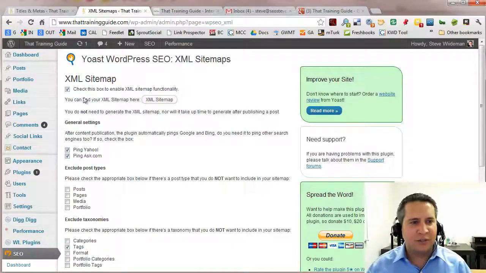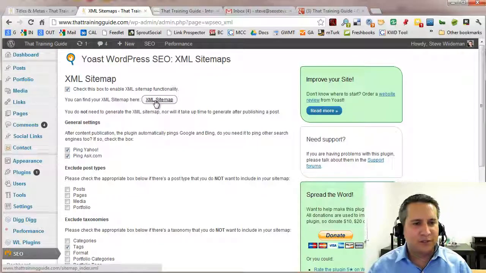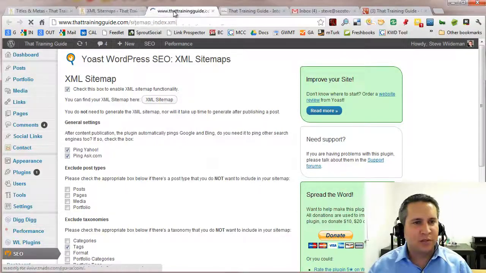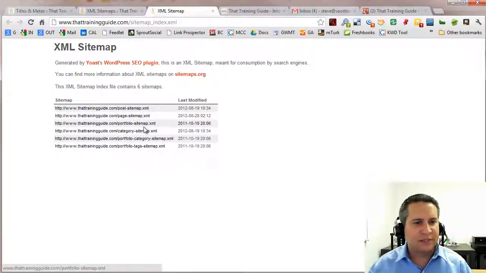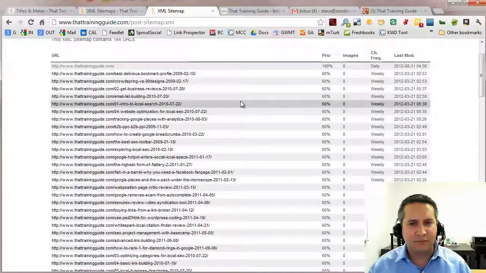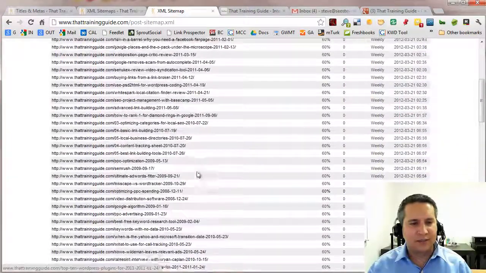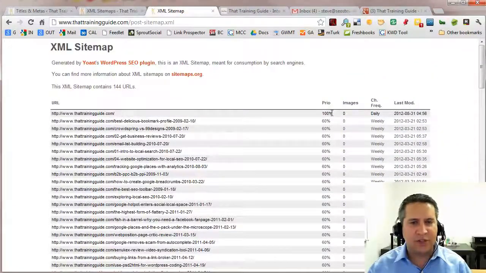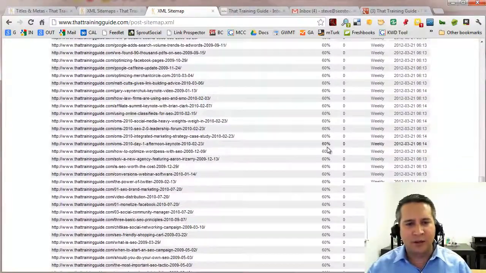And you definitely want to use this. We used to have to use third-party plugins. Now that Yoast has included this as part of the plugin, I'm very happy with it. So we're going to check this box to enable the XML sitemap functionality. Once you've done this, you should be able to right-click on this button, open in a new tab, and you've got all the different XMLs, list of pages basically, that you'll submit to Google Webmaster Tools, such as the post sitemap, which lists, of course, every single post I have on the website, all the way through, and it's prioritized intuitively, where the home page is 100% most important and posts are set to about 60% priority, which is about